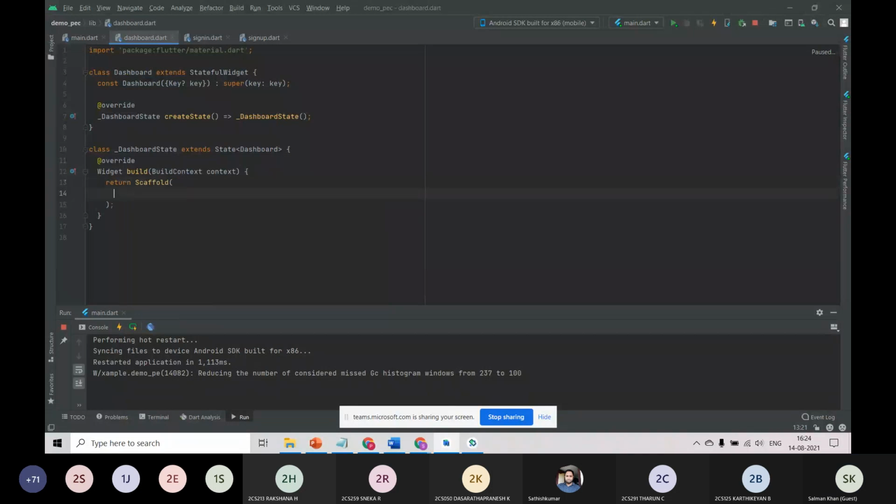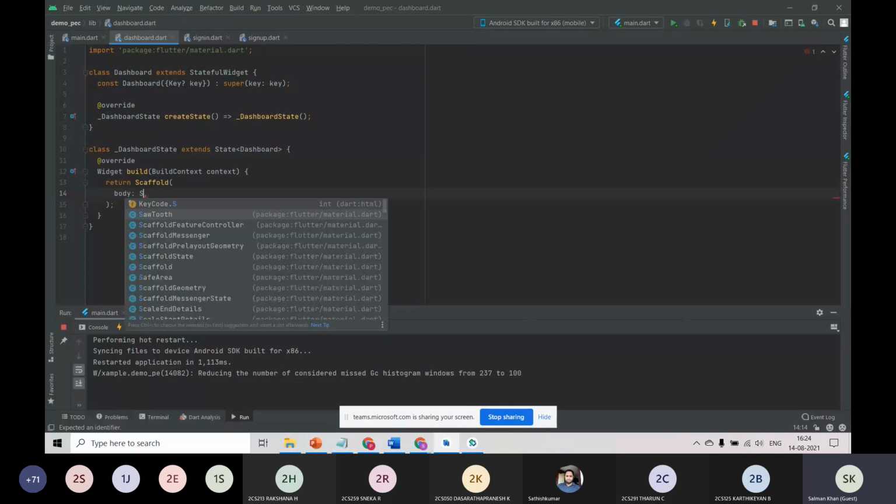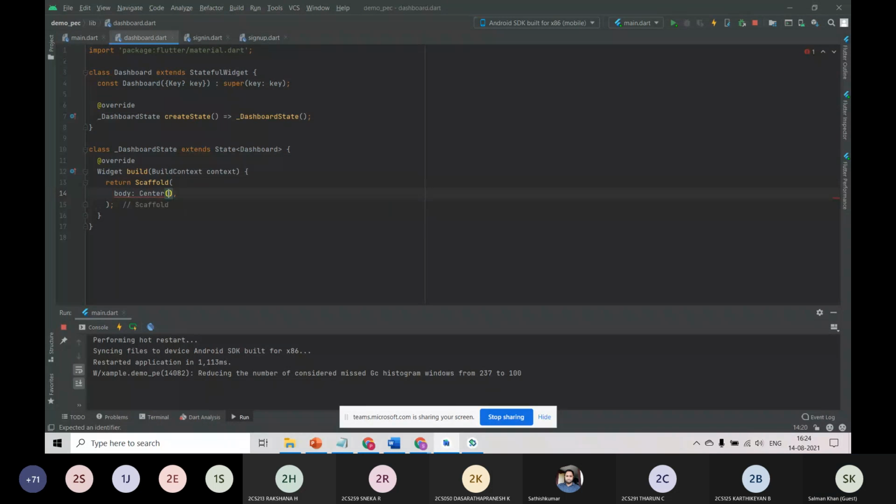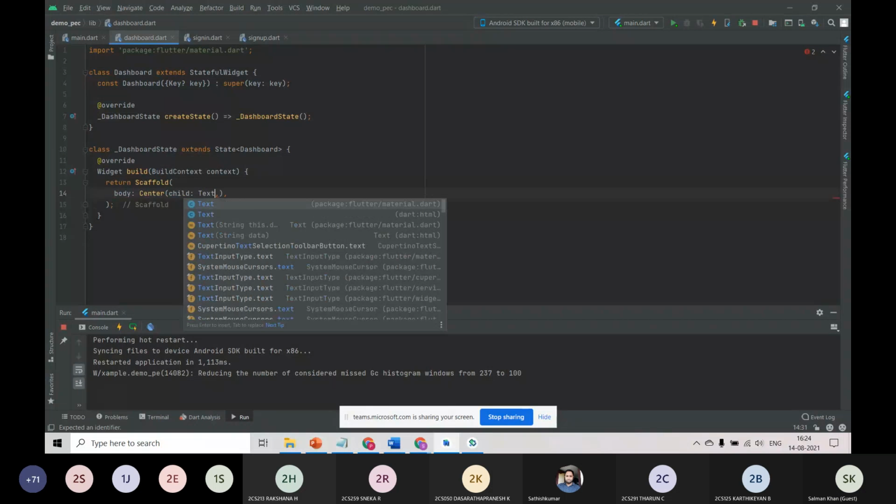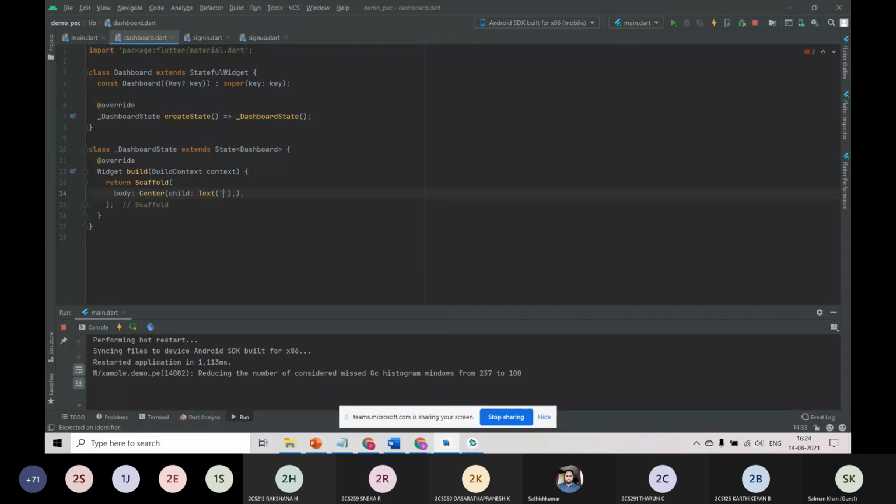The body should be center of the name of the user.